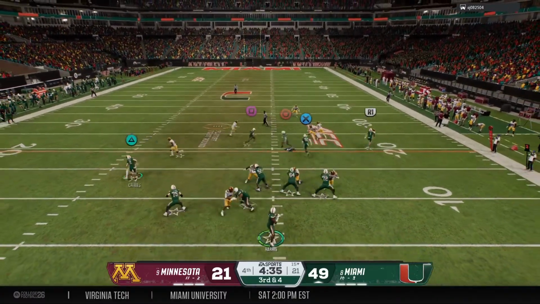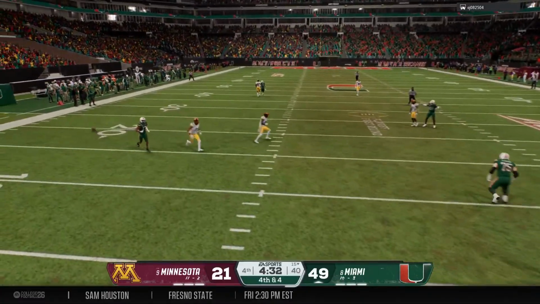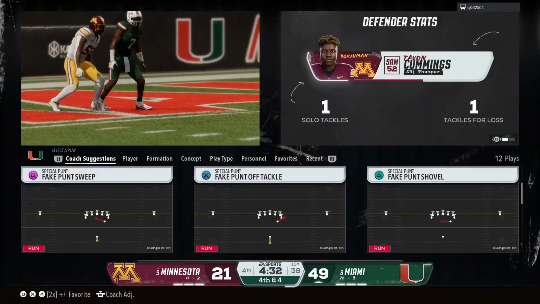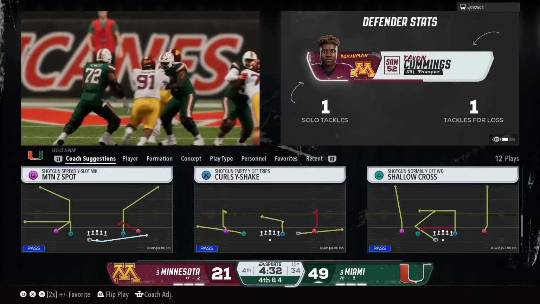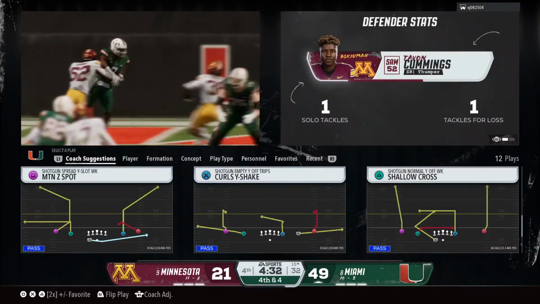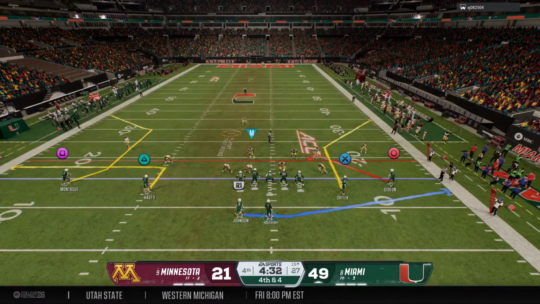Out of the gun now on 3rd down. Pressure is coming. And they hit him just as he releases the ball. It's incomplete. Hey, I get that passing the football has had a lot to do with you building up this big lead, but at this point in the game, man, take care of your players, get them out of here healthy, run the football, and get out with a win.